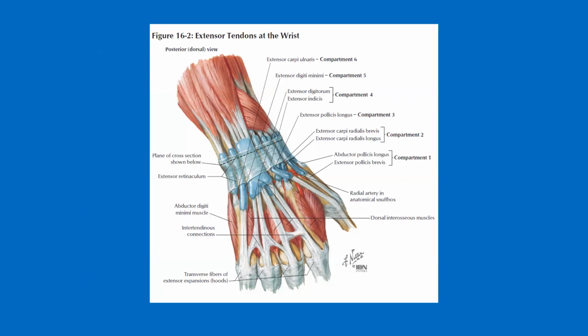The fourth compartment has the extensor communis, plus the extensor indicis proprius, while the fifth compartment consists of the extensor digiti minimi and the